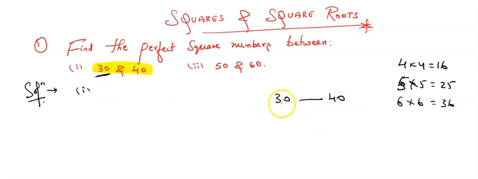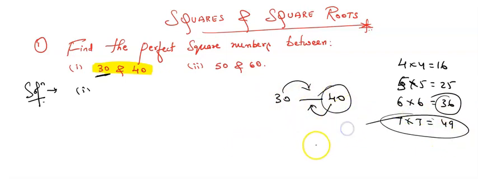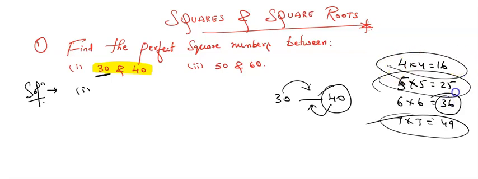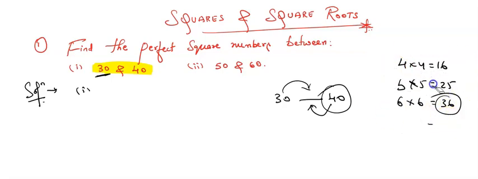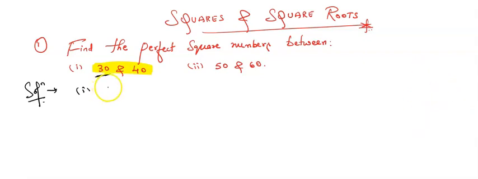आपको 36 कहाँ रहा है? 30 के बाद में और 40 से पहले, right? 36 is the digit which comes between 30 and 40. Next, you can take 7 7s are 49. It is above 40, so we cannot take 49. We cannot take 25. We cannot take 16. Which number we have to take? 36. So 36 is the perfect square number which comes between 30 and 40. So the answer is option 1.